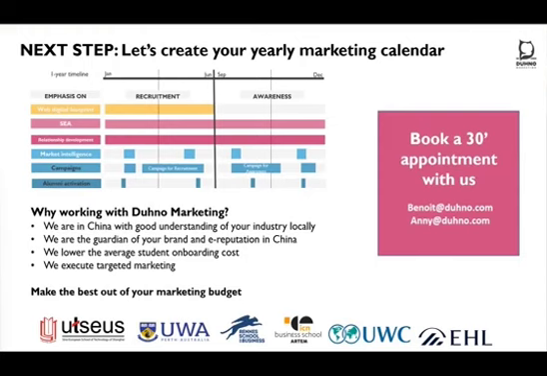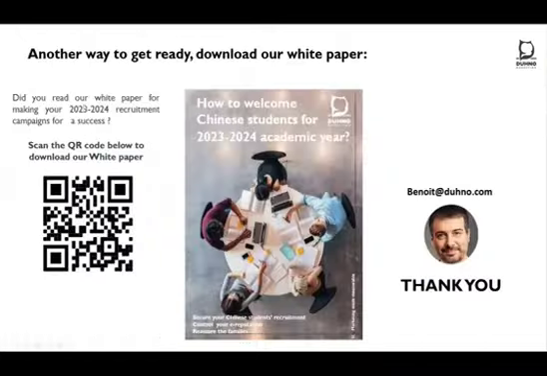If we don't have additional questions, I would like to remind you that we also have a white paper that you can download. We have worked on this white paper to welcome Chinese students for the 23-24 academic year. It's still time to engage in some of the activities to be able to recruit for the next September intake. You can still download this white paper just by scanning the QR code here or going on our website. This is also another great piece of content that you can take the time to read. It has a lot of the information we have shared today, already written and prepared.